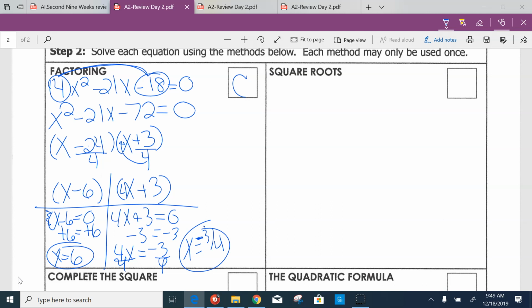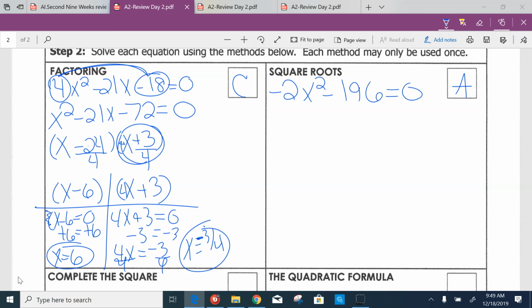There we go. So basically, you could have still gotten that just from reading this equation and doing the opposite. No joke. A lot of people saw that when they did factoring originally. For square roots, moving on, I'm going to do the A equation, which is negative 2x squared minus 196 equals